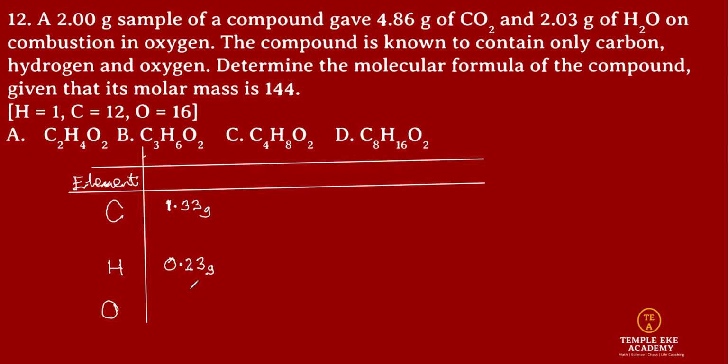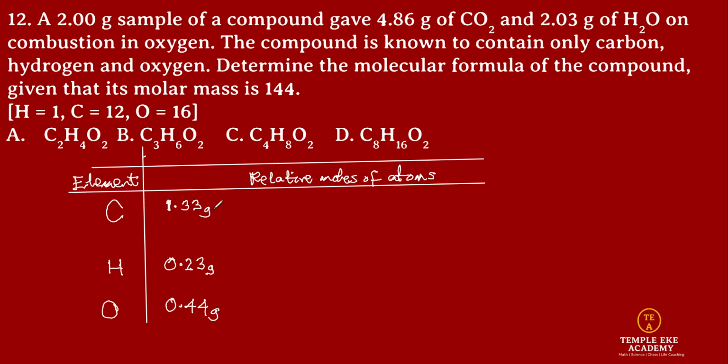And for oxygen, finally, we have 0.44. Now, the next stage is to find the relative moles present. Relative moles of atoms. So we're going to divide each of these masses by the relative atomic mass and not